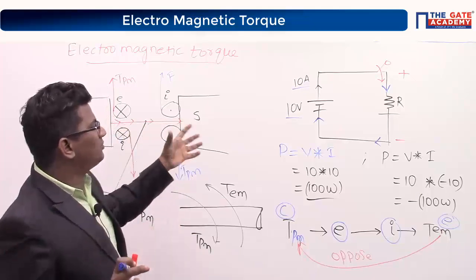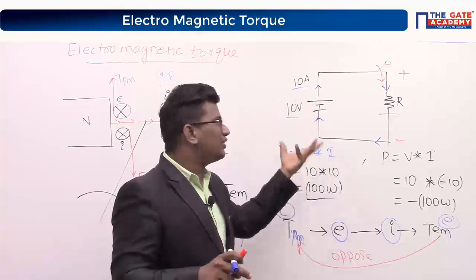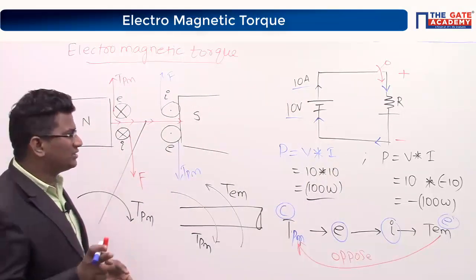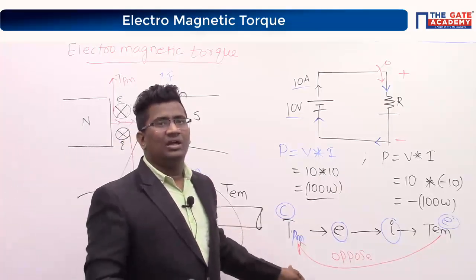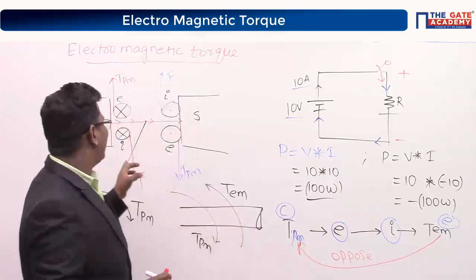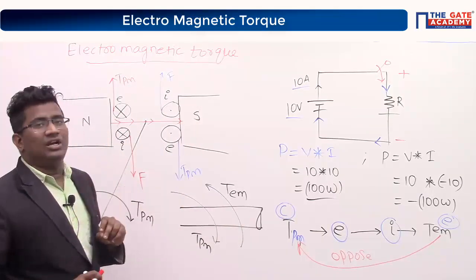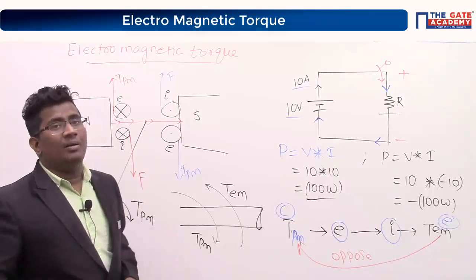How have I taken it? Just by taking an electrical example. Generating power is positive, so both voltage and current have the same polarity. If you are not believing this, then randomly take a cross, and finally we get the same conclusion. So that is why the assumed polarity is correct.